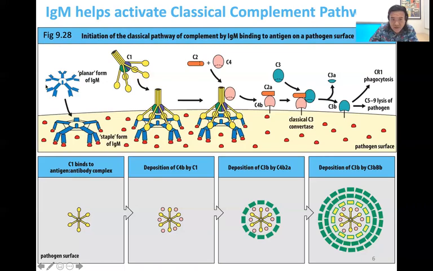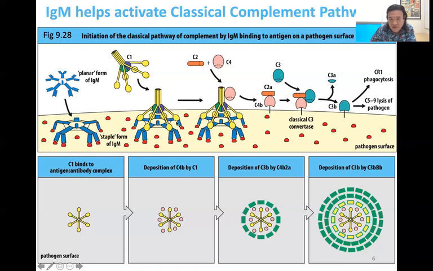But since you have 10 of them in this pentameric ring, you can see here, this big yellow thing is the surface of a bacteria, right? It reminds you that a whole bacteria compared to something like a little ring of immunoglobulin proteins is massive. And on its surface are the antigens that this IgM recognizes. So the IgM binds to the antigens, forms this kind of platform or stable form of the IgM,